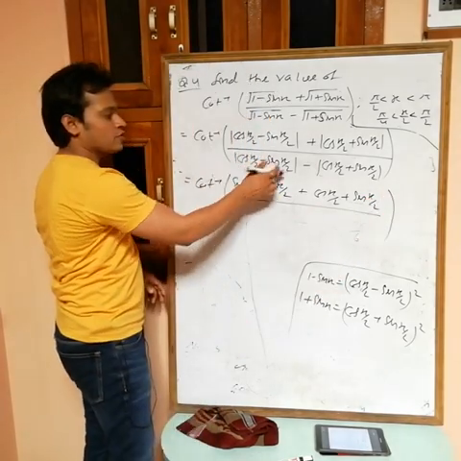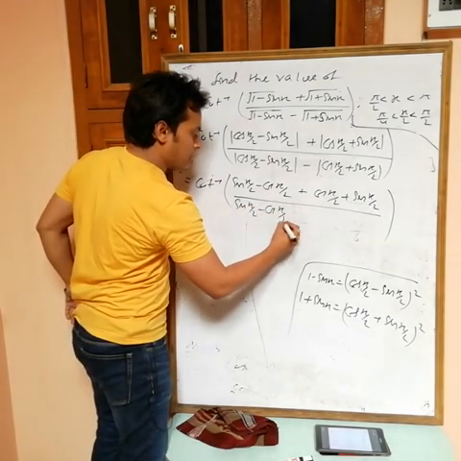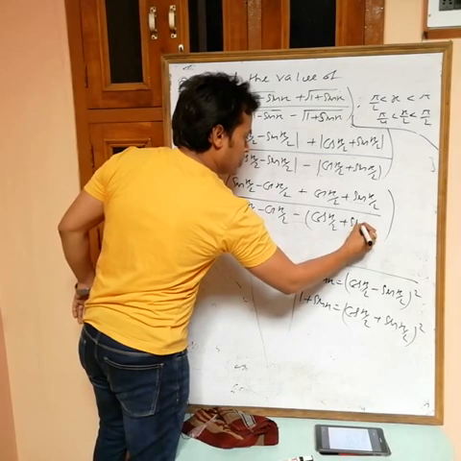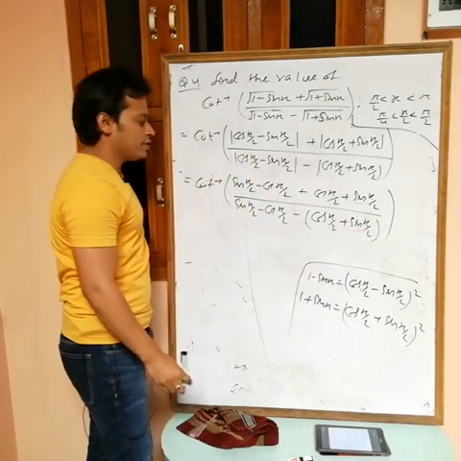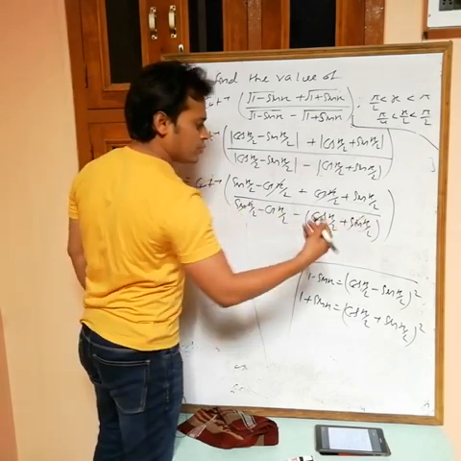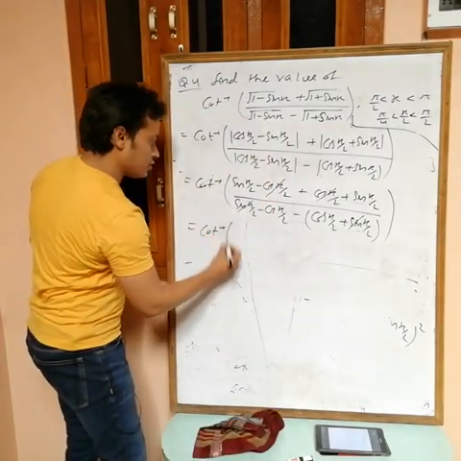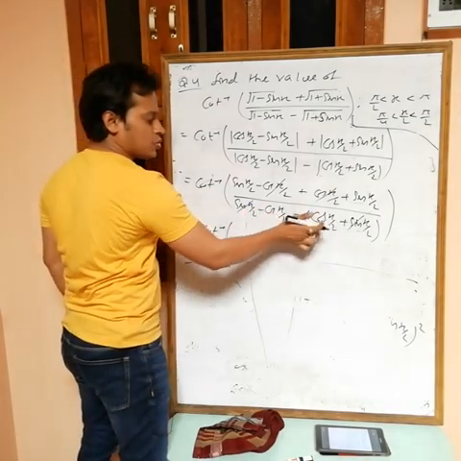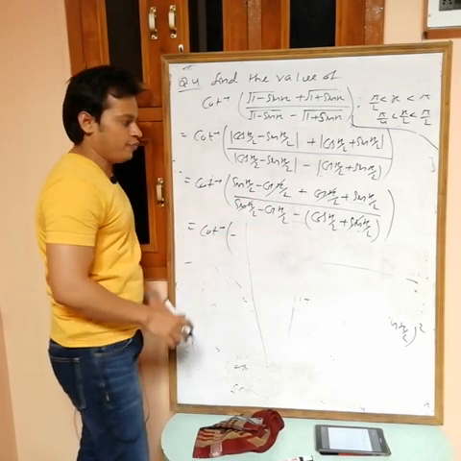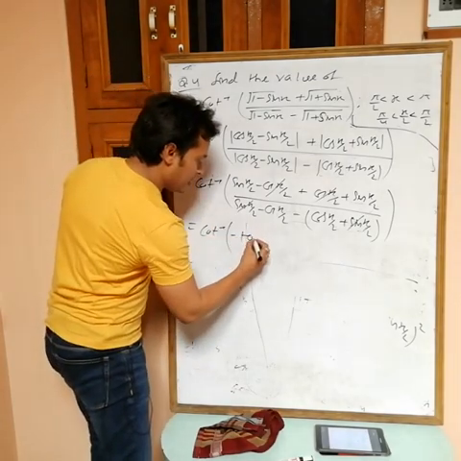Now in denominator again cos minus sin, but sin is greater, so sin minus cos we have to write, sin x by 2 minus cos x by 2. Again plus, write as it is, doesn't matter, cos x by 2 plus sin x by 2. Okay, now cancel out something, minus cos x by 2 cancel out, plus sin x by 2 minus sin x by 2 cancel out. Now see, cot inverse of 2 sin x by 2 by minus 2 cos x by 2, 2 cancel out, sin by cos is tan x by 2.